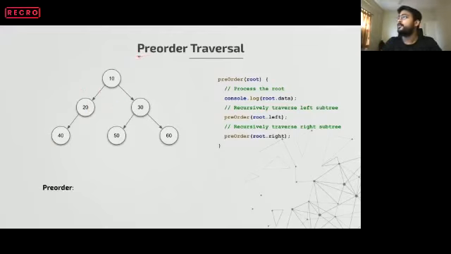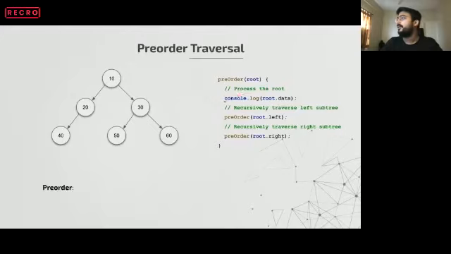Let's look at how a pre-order traversal looks. Let's define the algorithm. I've written pseudocode here. Pre-order is a function which accepts the root pointer, which is this node. Since it's a pre-order traversal, we process the root first.